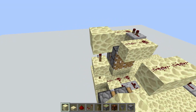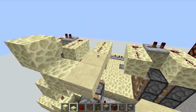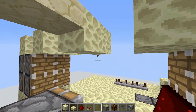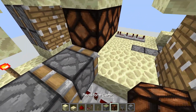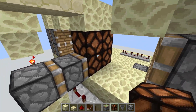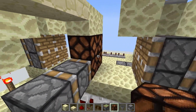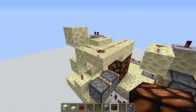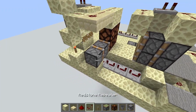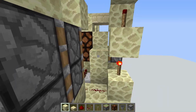Now we just have to run a line from this torch tower to the middle, where the redstone is going to power the upper TNT, and the repeaters that we set in place earlier are going to power the lower TNT that is going to be pushed in from both sides. And we just have to have slabs so that they don't butt power these 2 pistons. Then we can just place in a wall just for safety,